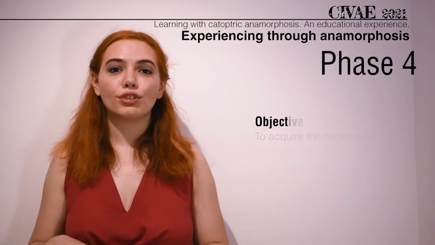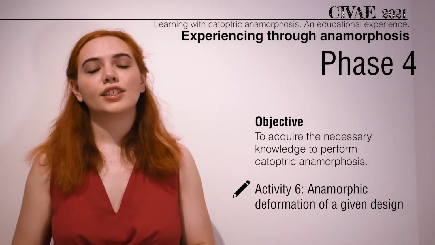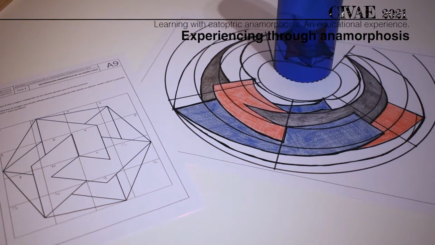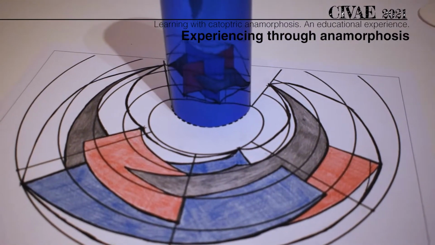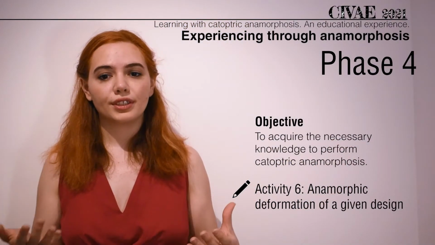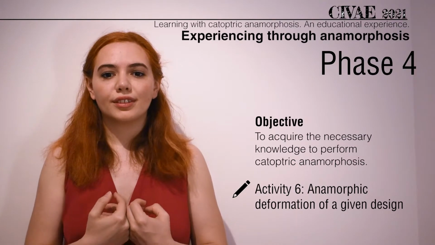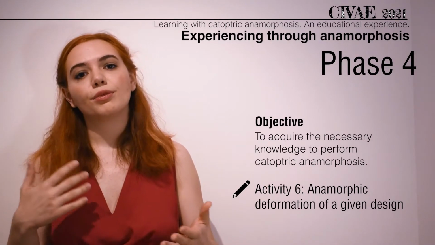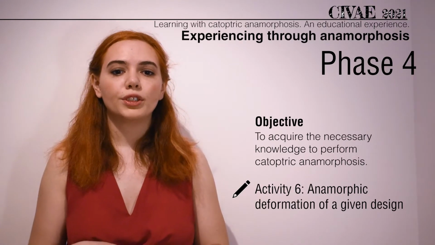In the fourth phase, there was a turning point, not in the way of working, but in the difficulty of the exercise. The students were given a design and a deformed grid, so that the view in the cylindrical mirror was an orthogonal grid. And they had to draw the design so that it looked rectified in the cylindrical mirror. Many students had problems understanding how anamorphosis works, and it is important to emphasize that this phase was quite frustrating for some students. However, with the support of their teammates and also with the punctual help of the teacher, all groups completed successfully